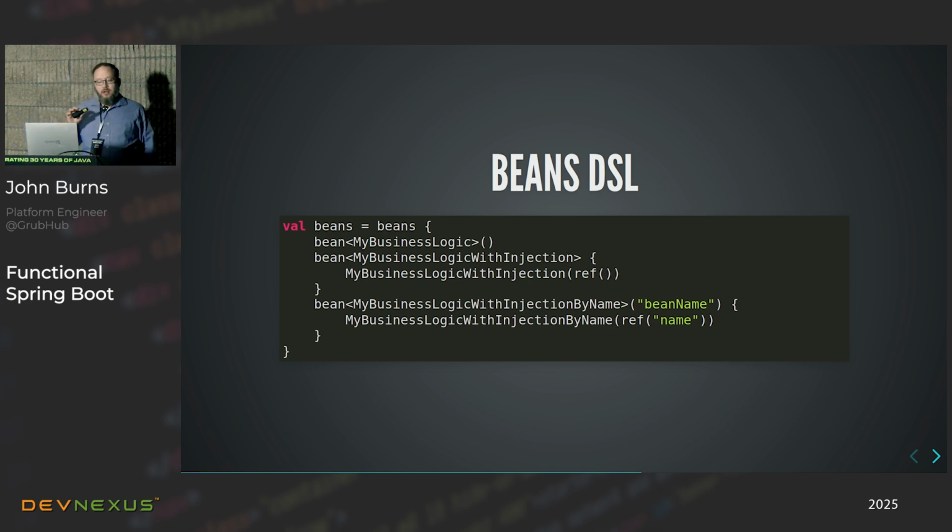Now, there's a lot of different variations of the method, like overloads for different use cases and everything like that. So I can't show them all here, but here's just some examples. So a simple case is I want to declare a bean. I give it a type, the generic type, and Kotlin uses inline reified generics to actually get the class reference of that type and basically pull the bean or declare the bean in the context using its default constructor and all of that kind of stuff.